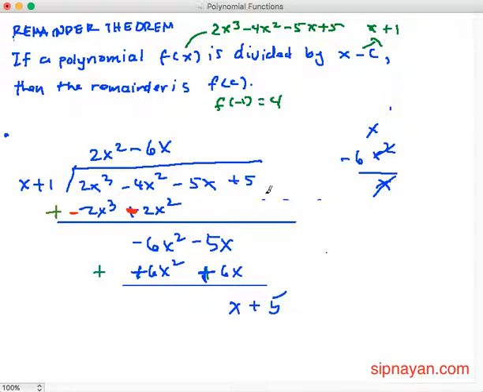We bring down 5. No? And then x divided by x is 1. This is positive 1. This is x plus 1. And then we subtract, but we want to change subtraction to addition. Tapos babaguhin natin yung sign dito, magiging negative. So magiging 0 na yan. X plus negative x is 0. 5 plus negative 1 is 4. No? So we have